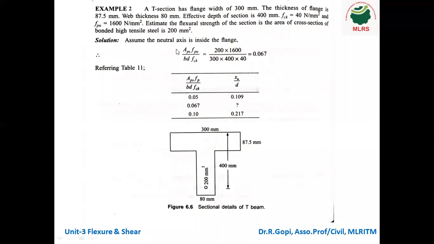Okay. So what is the first step? To find out the ratio of Aps into fpu divided by b d into fck. So this is the ratio. Using this ratio, we have to calculate the